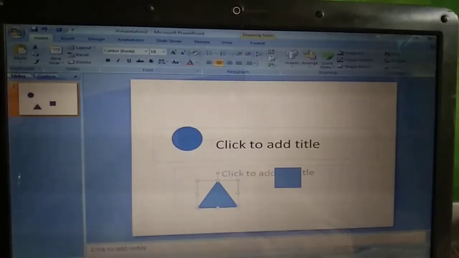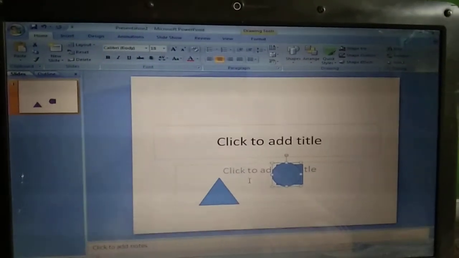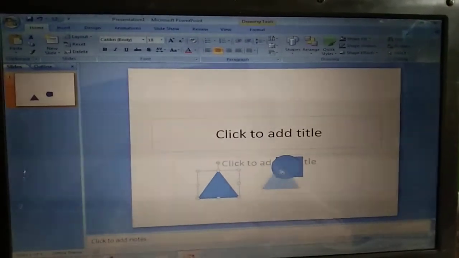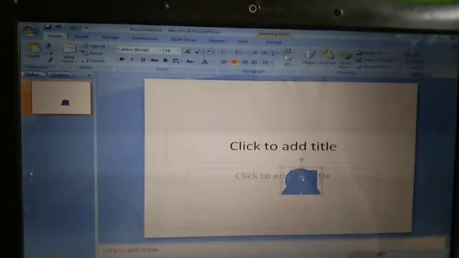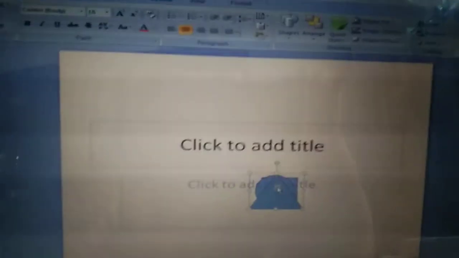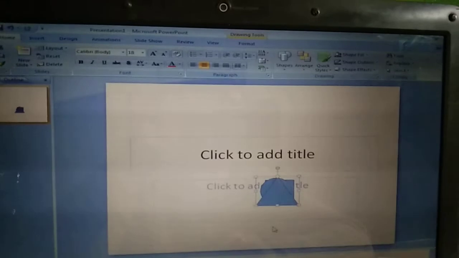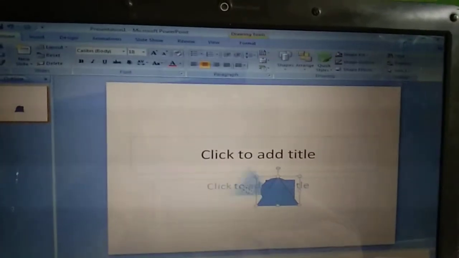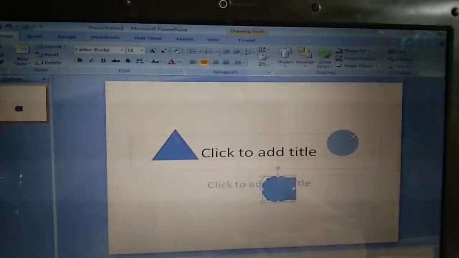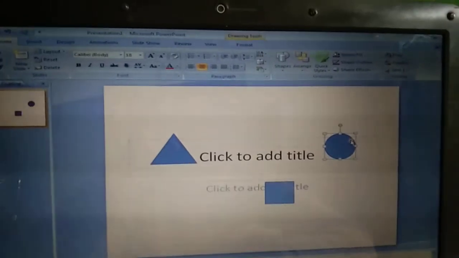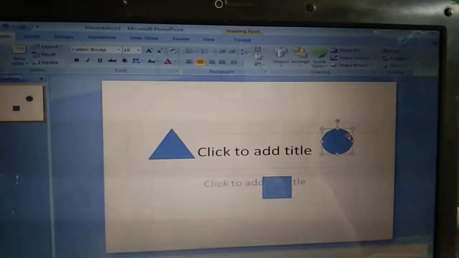Firstly we have to click on this and take this picture to another picture. Then again we have to click on this and take this picture to another picture. So this is the way we can make a single group of various types of pictures. If we want to ungroup these shapes, then again click on it, then move the cursor, then again click on it and move the cursor. So this is the way we can group or ungroup the shapes and objects.